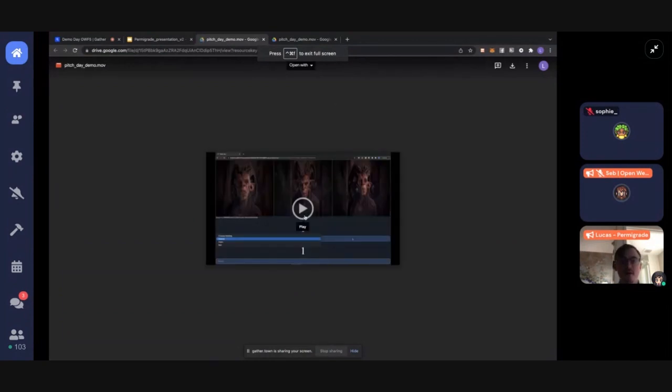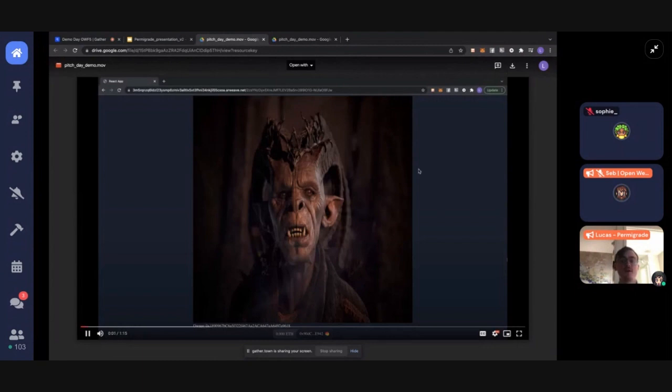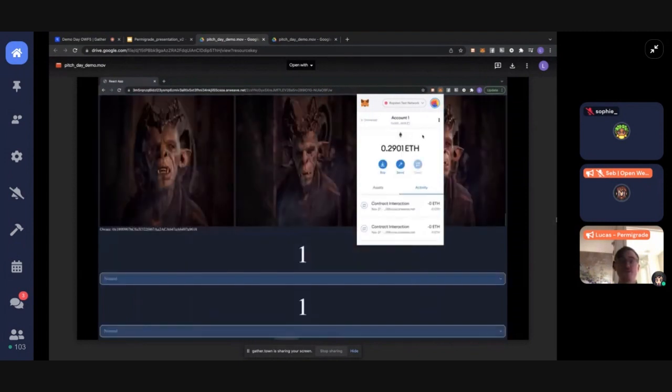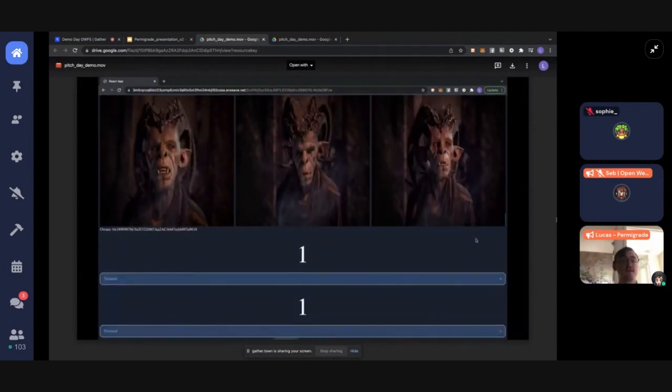This is a real interactive art piece that has been launched on Arweave. This is what the public would see when they come to this address, an NFT from Share Creators of a forest creature, along with whoever the owner is. Now we can switch to the owner screen, and you'll see that the owner actually owns a series of art pieces, but the owner of the NFT can decide what piece to show. So in this case, they're going to go from the neutral forest creature to the angry one.